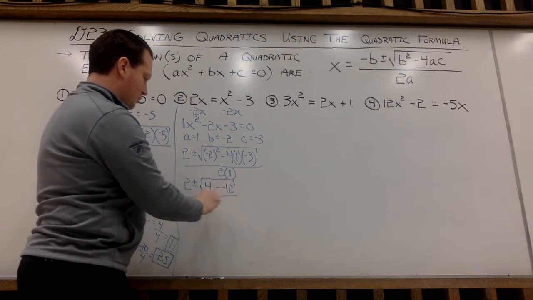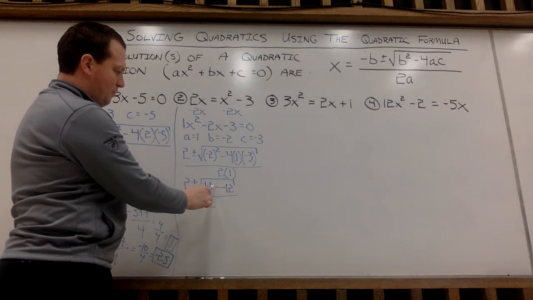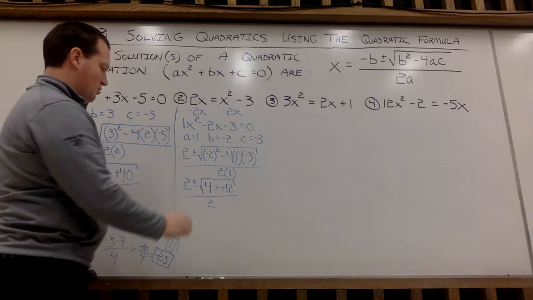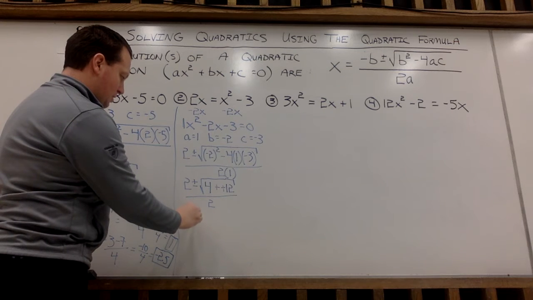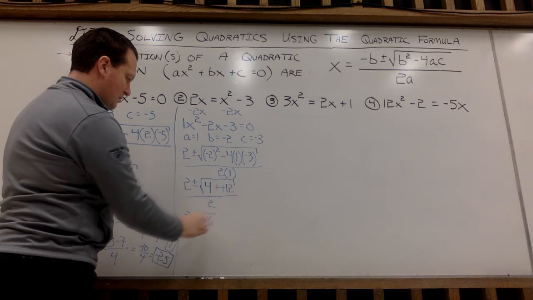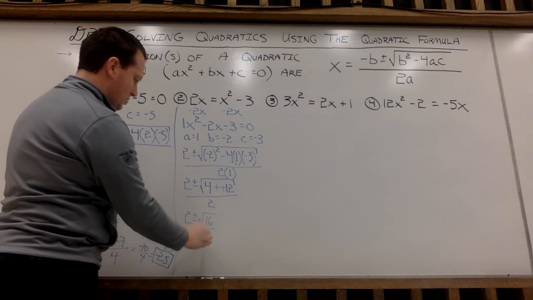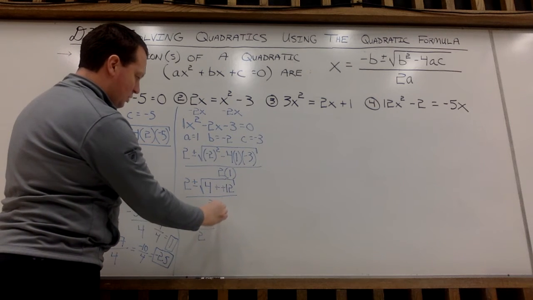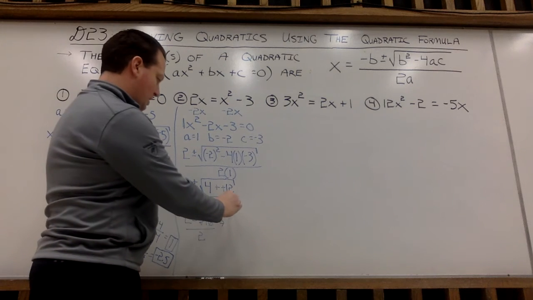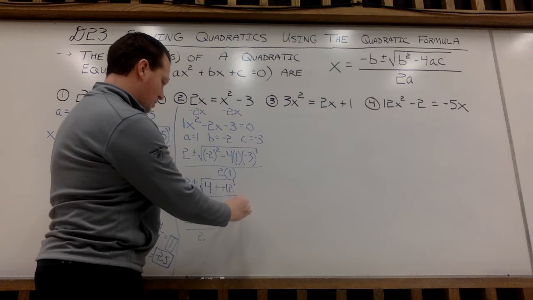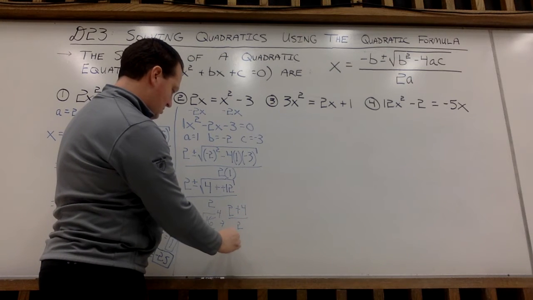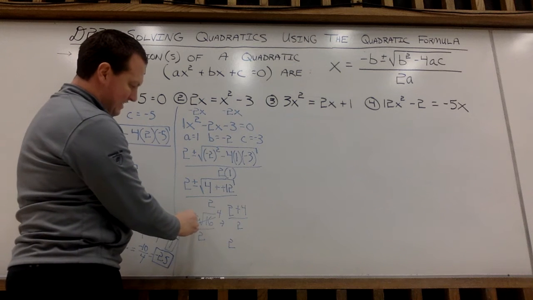All over 2. So I'll also simplify 4 minus a negative will become 4 plus 12. So I will have 2 plus or minus the square root of 16 all over 2. Square root of 16 we know is 4. So my two solutions will be 2 plus 4 divided by 2 and 2 minus 4